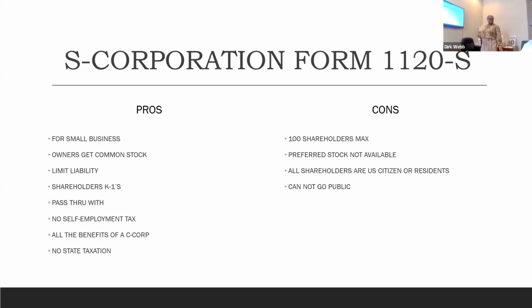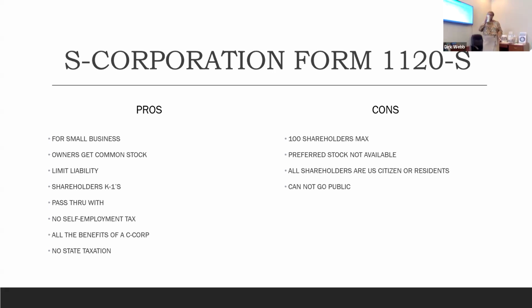Any other question? You may have said this, but I might have missed it. So maximum is 100 shareholders. What's the minimum? One? Yes. You can set up an S-Corp with one shareholder. So it's basically the setup for the LLC formation or the partnership formation is the same. So when you're applying for your EIN letter with the IRS and you list more than one owner on there, they're gonna send you an EIN letter saying that you are a partnership, and then you fill out a separate application and say, okay, I'm gonna be taxed as an S-Corp.